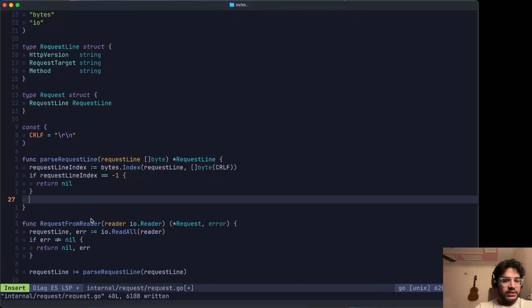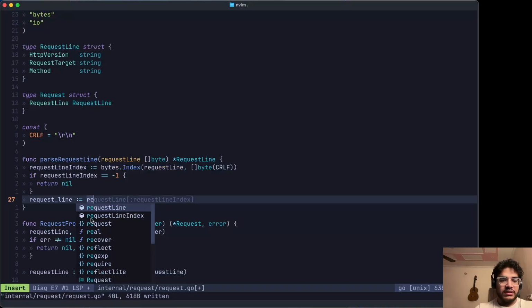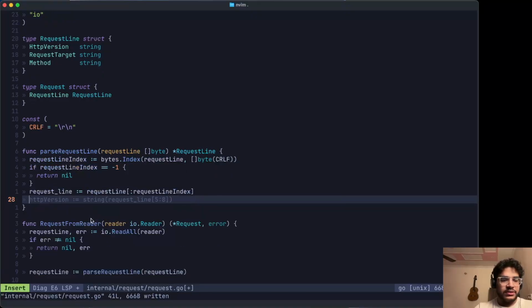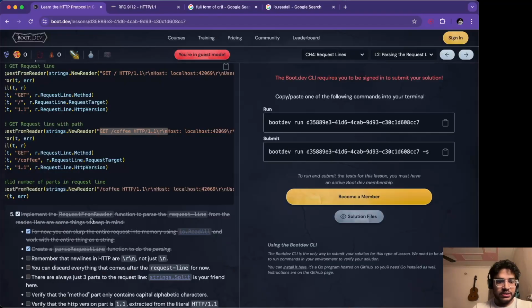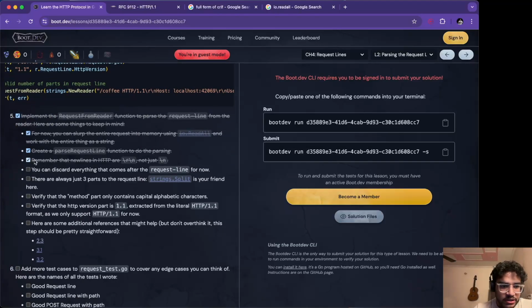if equal to here request index, and okay, so the HTTP request can contain a request line, which is going to be a string. No, I'm not going to use the request line until the request. Okay, so now I have to find out. I'm done with this. You can discard everything that comes after the request line. Of course, I'm going to do that. There are always just three parts in the request line. You can use string dot split, it is your friend here,